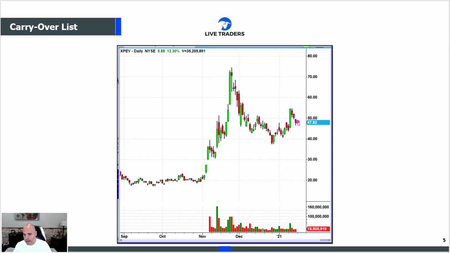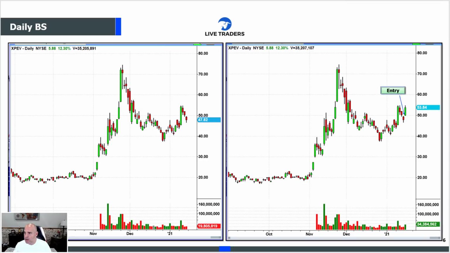It continued to pull back. It's got a daily buy setup. Now tell me what you think about why you should or shouldn't have had this on your list. Because now the daily buy setup triggers. And in this case, it does gap up a little bit, so you probably wouldn't have missed this one. So this is an example of one where perhaps you would not have missed just because it gapped up over a red bar, and in your morning watch list, you probably would have caught that. That's good, but that's not always how they happen,